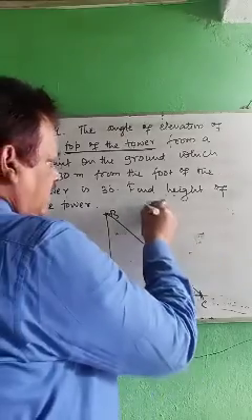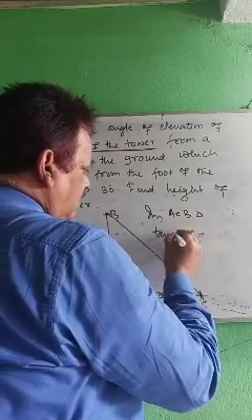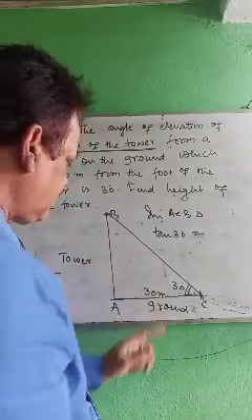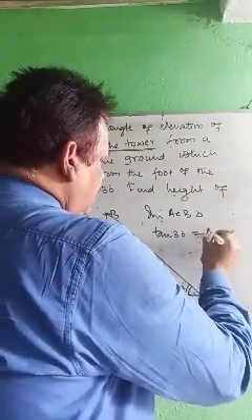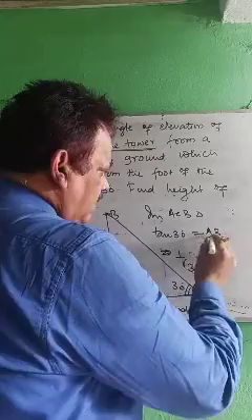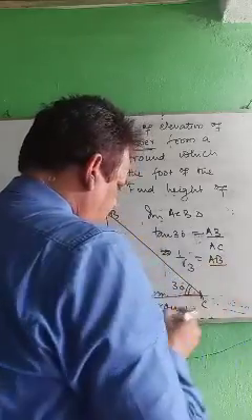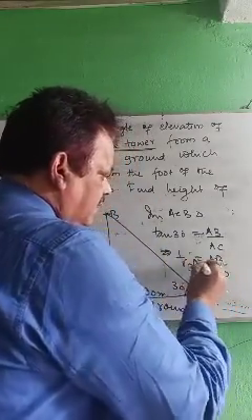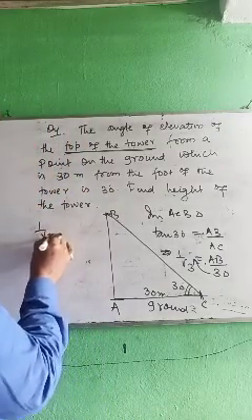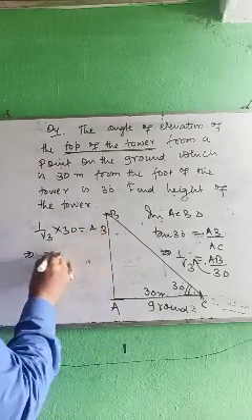The base is given, perpendicular P and B. This is very simple. Directly you can write in triangle ACB, tan 30 degree, because tan is the relation between perpendicular and base, that is AB by AC. So tan 30 means 1 by root 3. AB is not given, by 30. Do cross multiplication. So if you do cross multiplication, what will you get? 1 by root 3 into 30 equals AB. So 30 by root 3.